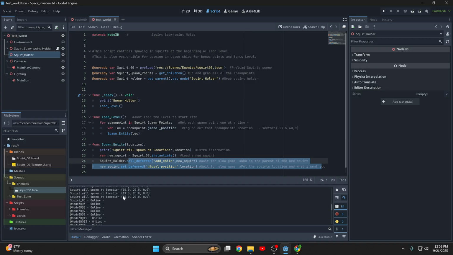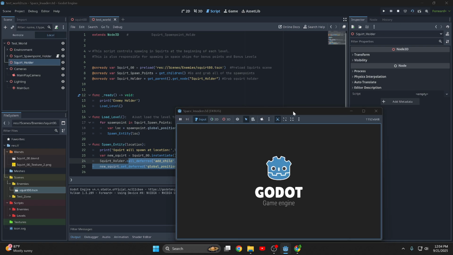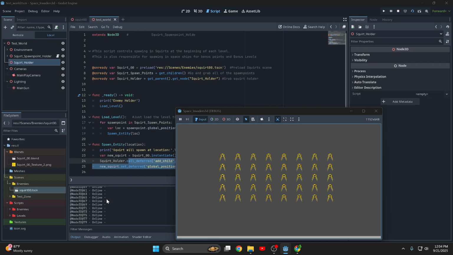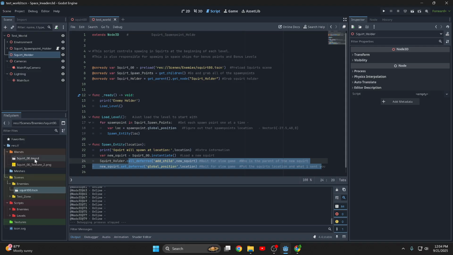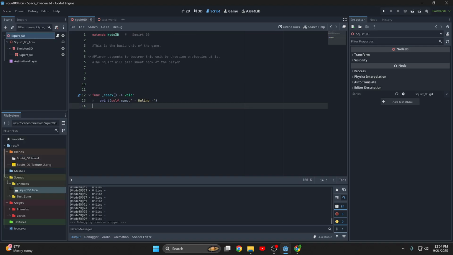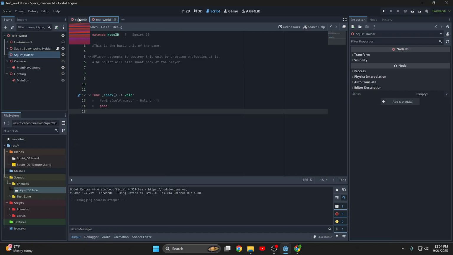And you'll see that I've run it once already, and you'll see that it's printing out what's happening. So if I run this game, it's going to go through each of those. Now, on that squirt that we loaded, if I go to squirt 0,0 here, he just says squirt online. If I don't want to read that every time, because now I know it's working, I can just comment that out. Now when I run it, wrong scene, Mr. Eversole. If I run this one here,